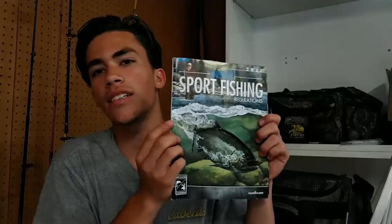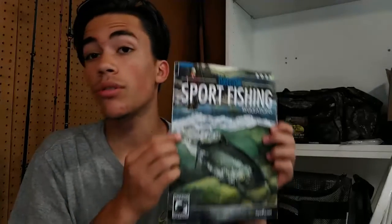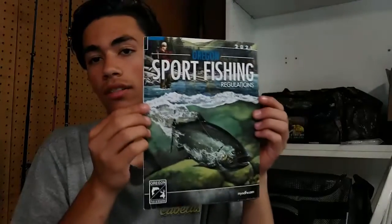So you can get these at about any fishing store for free in Oregon. These are all of the regulations for any body of water on the Oregon coast or a river, pond, lakes, any body of water in Oregon. These are the regulations right here. So if I flip all the way to the back,